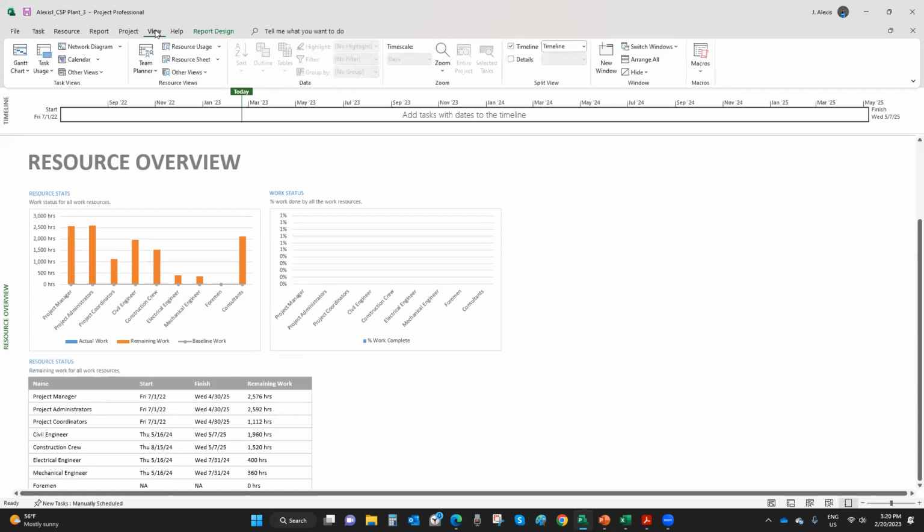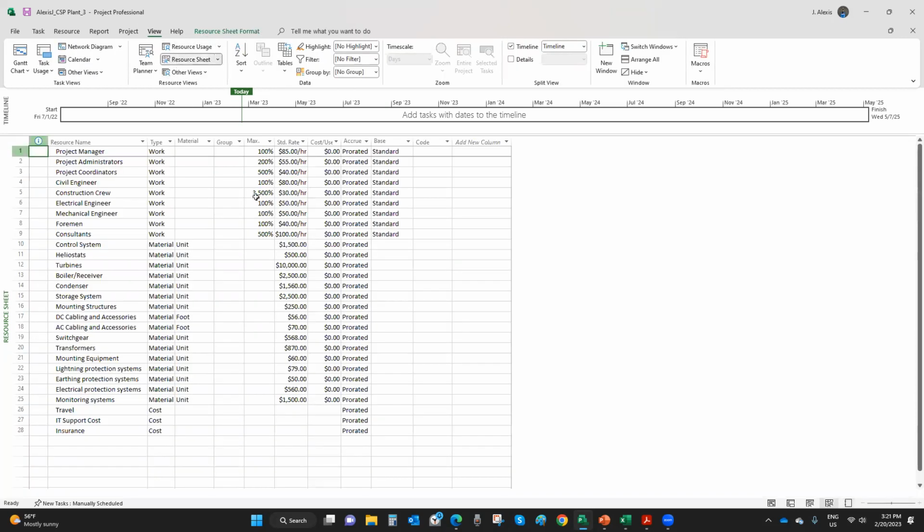So let me go back to where I was. Let's go to the resource sheet, the resource pool. I know that I solved the overallocation problem for the project manager, but I don't have contingency reserve yet. So what I'm going to do,